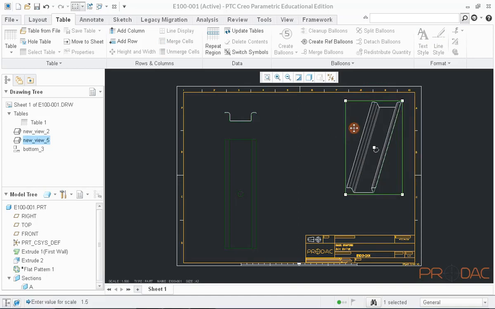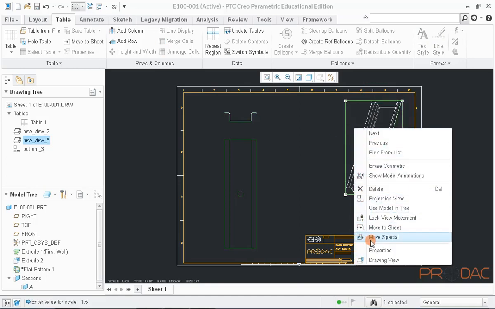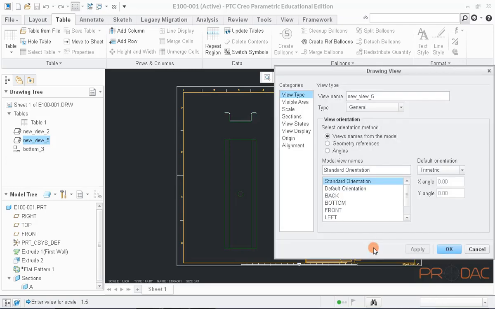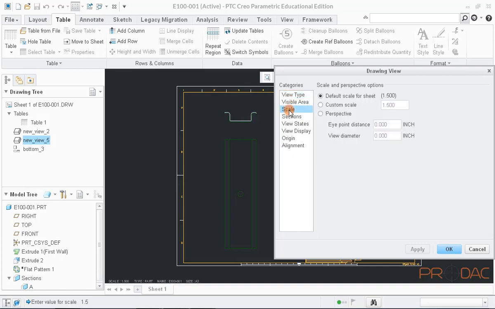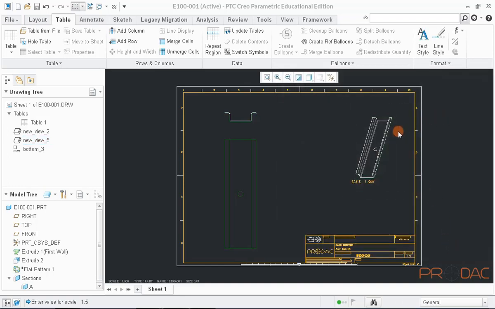To change the view scale, we can go to Properties of the view by left-click menu, and in the pop-up window, select Scale option. Here, we can input any value for custom scale of the view. Custom scale value will appear just below the view.